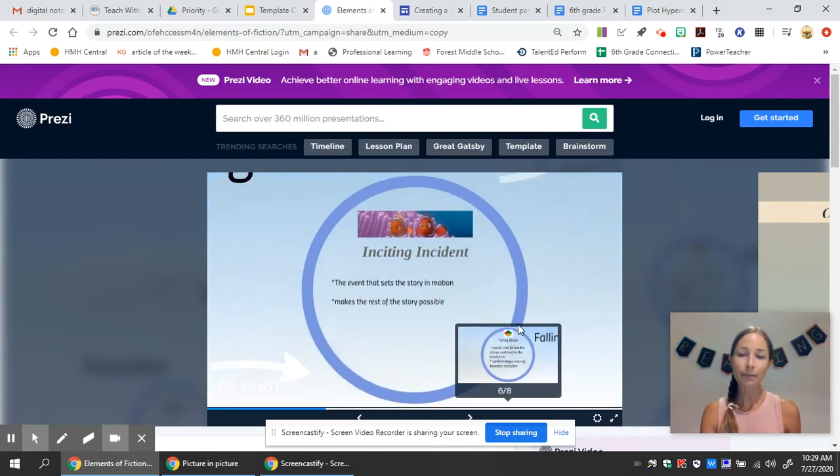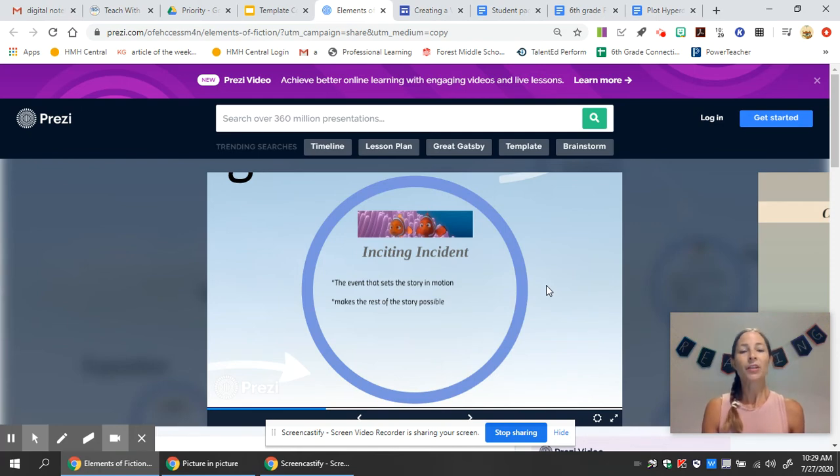Also, when you start reading a story, there's going to be some incident, some event that sets the story going. As you're climbing that mountain, it's those first few steps as you're really getting into the hike. This is the part of the story that makes the rest of the story possible, kind of like in the story Finding Nemo. Tragically, in the very beginning of the story, the first event, the inciting incident, the event that gets the story started,